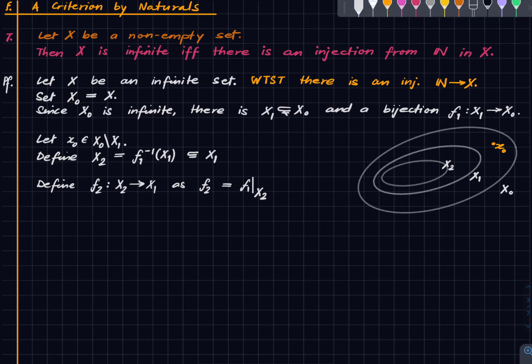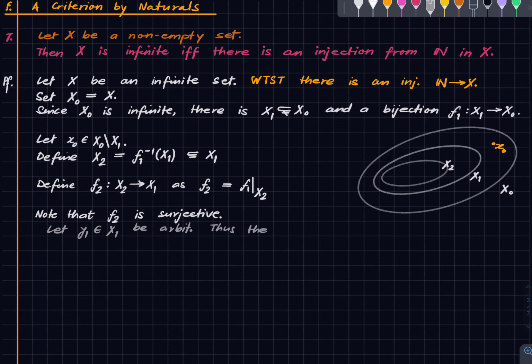So first of all, F2 is surjective. Why is this? To see this, we choose a point Y1 in X1 arbitrarily. Now Y1 is after all a point in X0. Anything in X1 is in X0. So Y1 is a point in X0, and therefore, by surjectivity of the function F1,